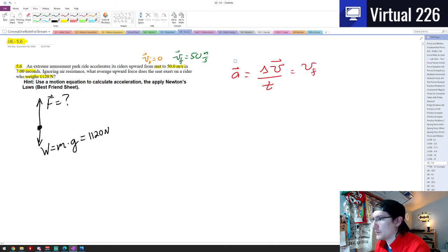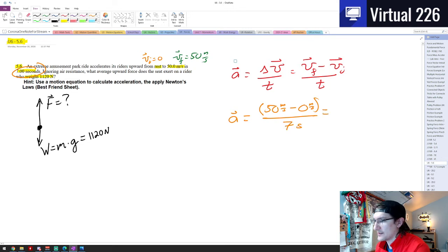It's the final velocity minus the initial velocity, divided by the amount of time it takes. So the acceleration that the rider is experiencing is 50 meters per second minus 0 meters per second, final minus initial, divided by 7 seconds. And that means our acceleration here is just 50 over 7, which is